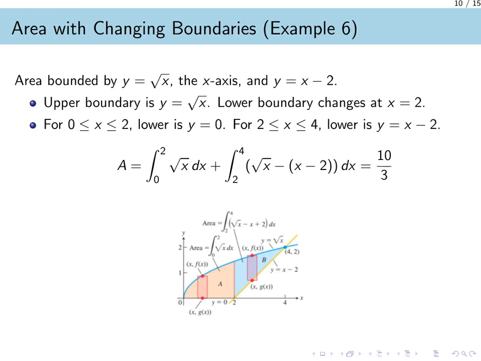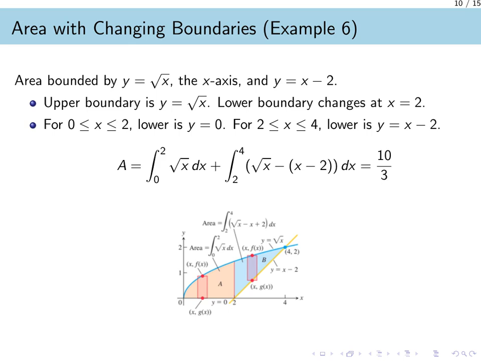This example shows how to find the area when one of the bounding curves changes its definition. The upper boundary of our region is consistently given by the function y equals the square root of x. However, the lower boundary is piecewise, meaning it is defined by different functions over different intervals. First, for x values in the closed interval from 0 to 2, the region is bounded below by the x-axis, which is the line y equals 0. So the first part of our area is the integral from 0 to 2 of the square root of x